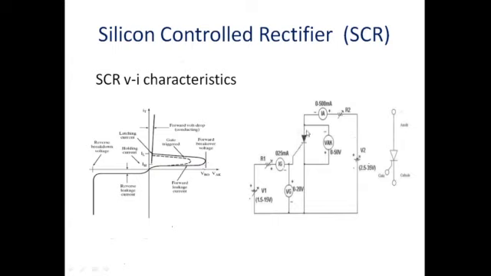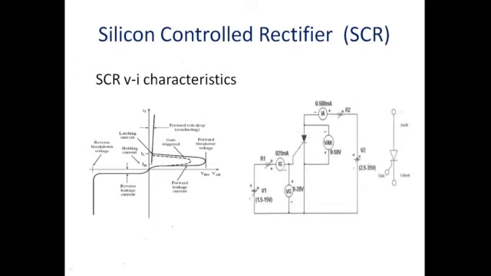When it turns on, it acts like a conductor. The voltage between anode and cathode changes to a very small value, around 0.8 or 0.9 volts. It is very small, you can neglect it. That is an ohmic loss between anode and cathode. Even though it is acting like an on switch, that small drop exists, and that is what the meter shows here: the drop across anode and cathode, 0.8 or 0.9 volts.